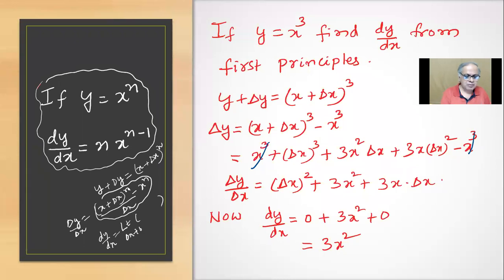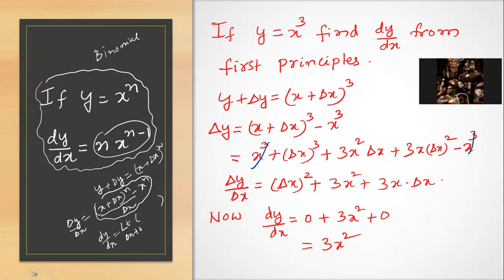So there's a theorem called binomial theorem. Some of you may know, some others may not know it. So I'm not going into the details of it because the derivation is not important for us. But remember, this formula also comes by doing all this. All right. So from now onwards, if y is x to the power n, we'll follow the formula instead of going for first principles. Is it all right, children? Okay, sir. Right. Now let me see how this formula helps us.